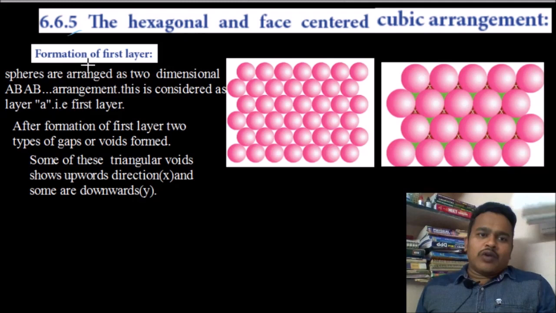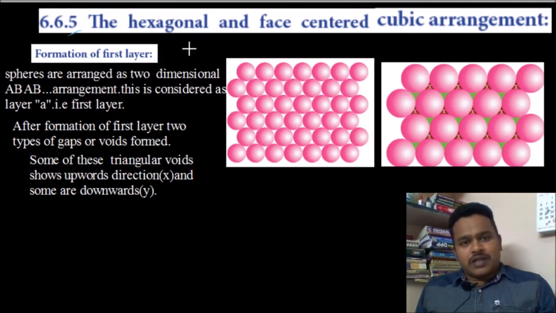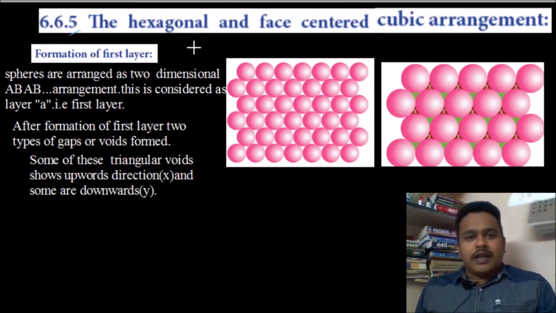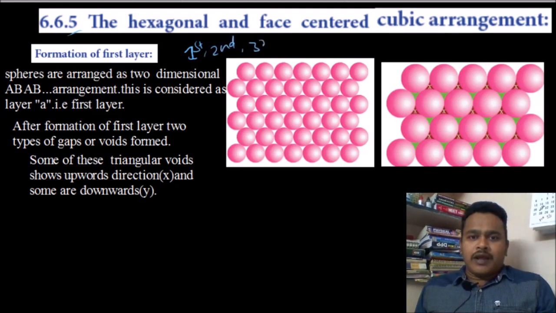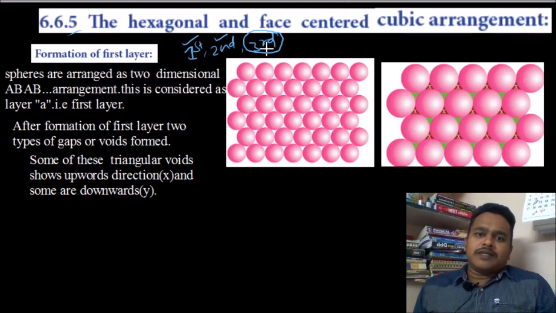We are going to study it in three layers: the first layer, the second layer and the third layer. The first and second layers are easy; the third layer is a little more difficult, and the complete concept lies in the third layer. First, let us see how to arrange the first layer.